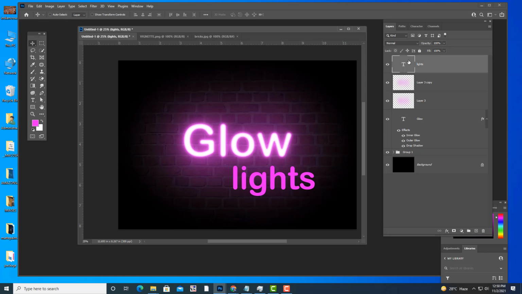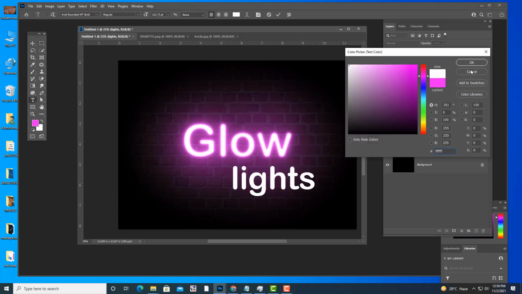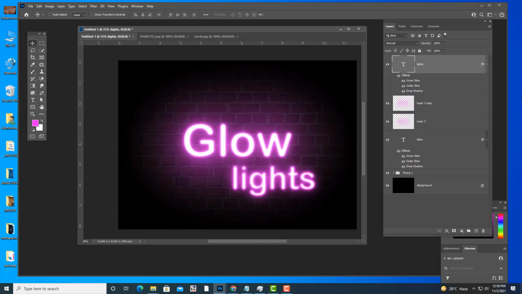But the color for this should be pure white. What you can do is just drag these effects to this. Alt and drag, I think I told you. Alt and drag the same layer style to this text. See, it now also has lighting.